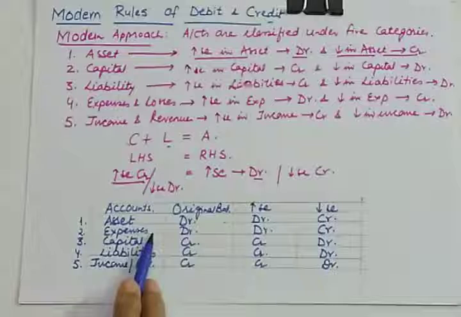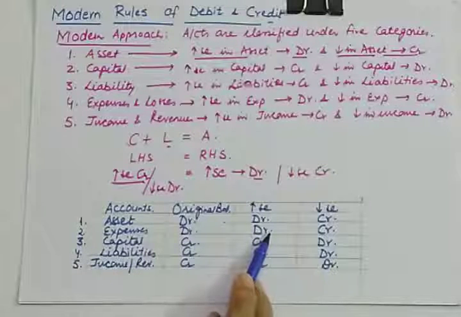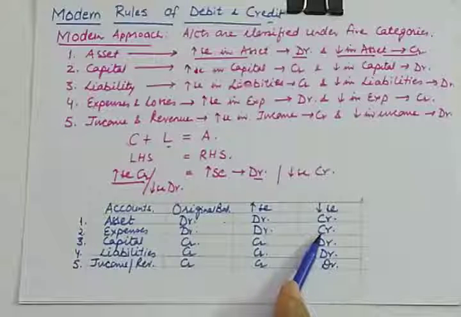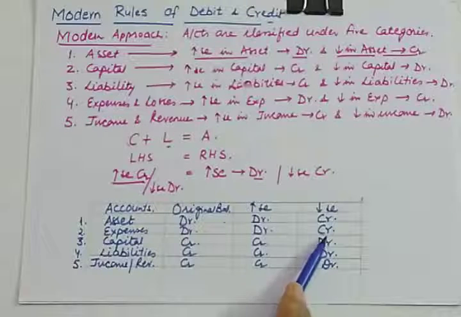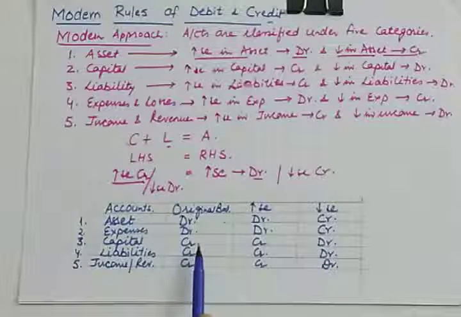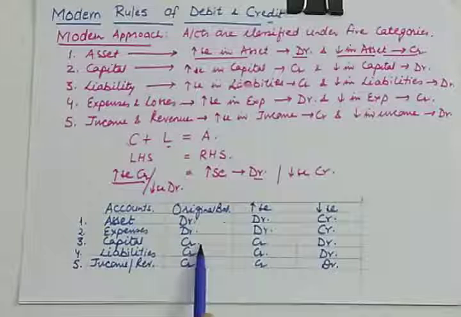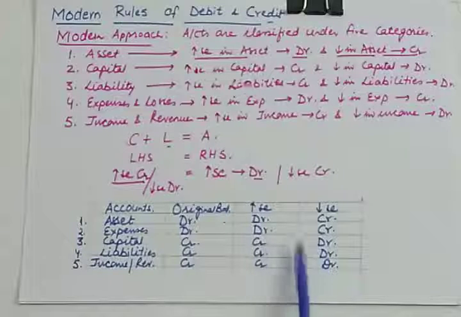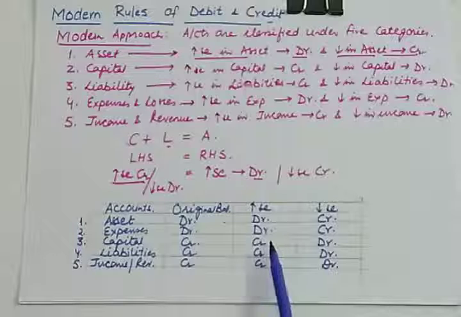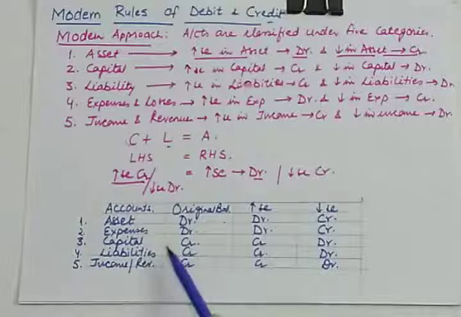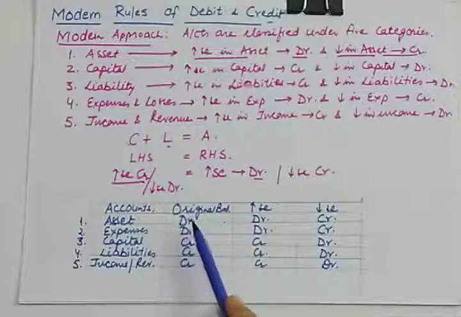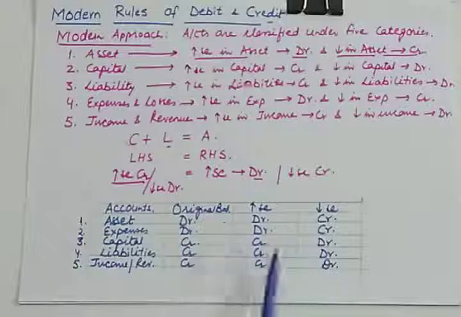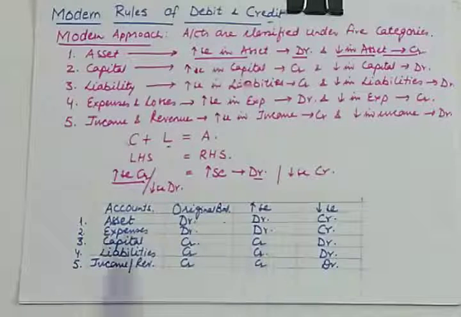Likewise, when you incur expenses, the expense will be debited, and whatever you are paying for that expense will be credited. It can be either cash or bank balance. When the owner introduces capital, capital will increase, and simultaneously the business will be getting assets. So that rule will be applied with the mix and match rule. One rule of capital, another rule of asset. Like we did in the traditional approach, here also we will be following the mix and match approach.